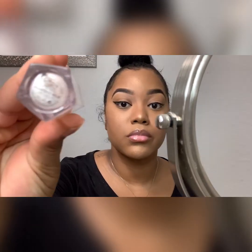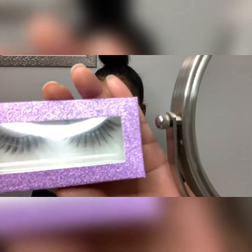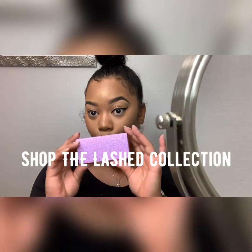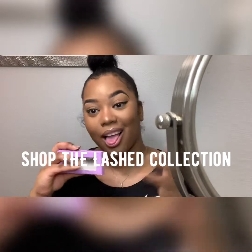Okay, y'all, so now we're gonna go ahead and apply our lip gloss. I'm using the Fenty gloss in Diamond Milk. This is my absolute favorite lip gloss. Fenty has really great lip glosses. I do recommend those. Then we're gonna get into our lashes,